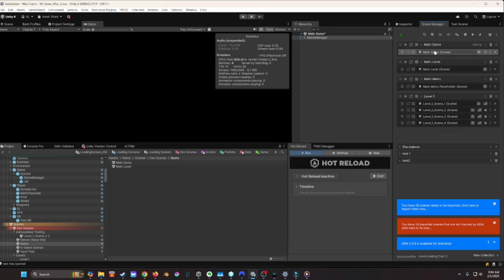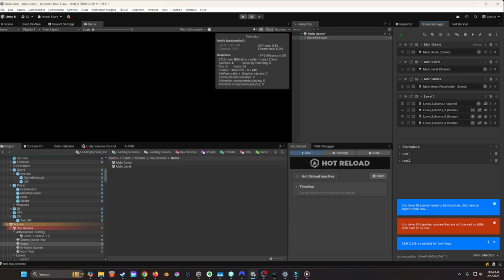So I like this new way of having multiple scenes for different hierarchy of objects, like the main game for a persistent game manager object across the whole game, and then main level for the character, so that the character is not necessarily tied to the scene, but he's still there, and then the scenes just have the scenes in them. So it's like this new approach of building a scene with multiple scenes that I'm kind of taking to heart. But anyways,